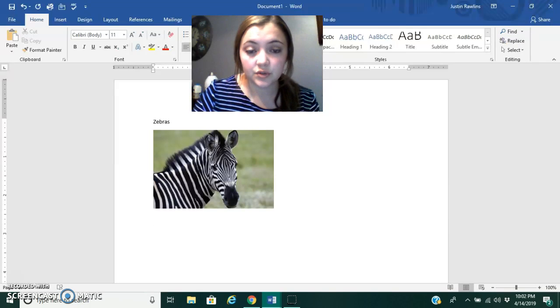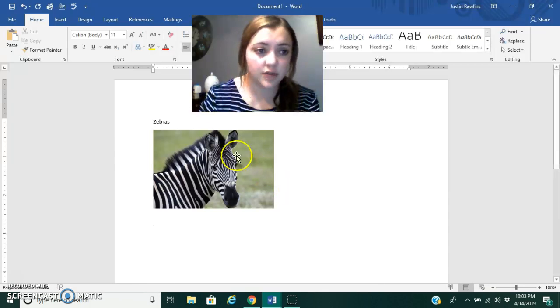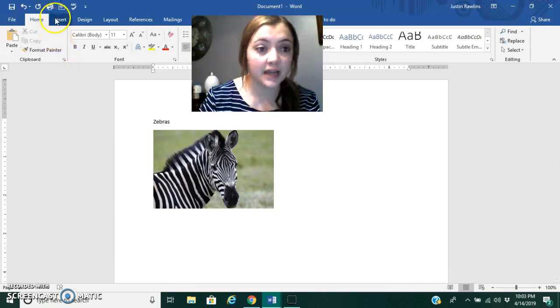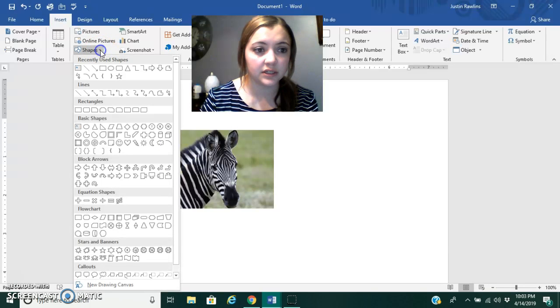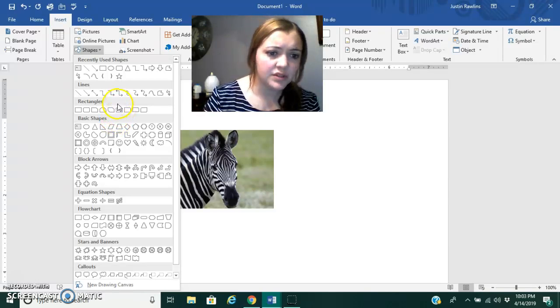Now we are going to create a shape to add on this assignment. So we're going to go back to the Insert tab. Below the Pictures tab, there's a tab that says Shapes. You're going to click on that arrow, and it gives you a variety of different shapes to choose from. So for this assignment,